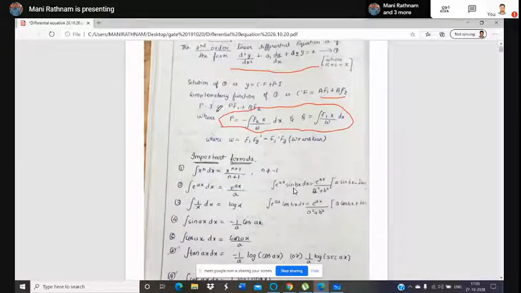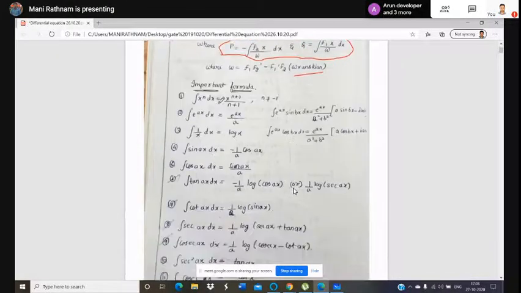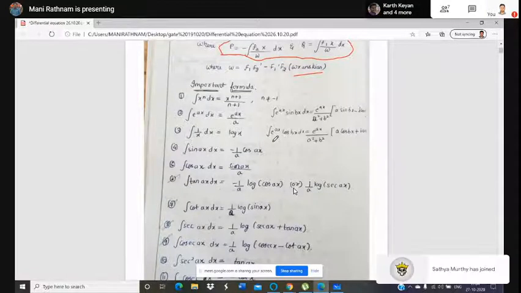Now the particular integral PI equals p f1 plus q f2, where p equals minus integration of f2 X by W dx, and q equals integration of f1 X by W dx, where W is the Wronskian. The formula is W equals f1 f2 dash, the derivative, minus f1 dash f2. So f1 f2 dash minus f1 dash f2 is the Wronskian. These are important integration formulas; you just recollect them with the help of the concepts of differentiation and integration. These are well-known standard formulas.